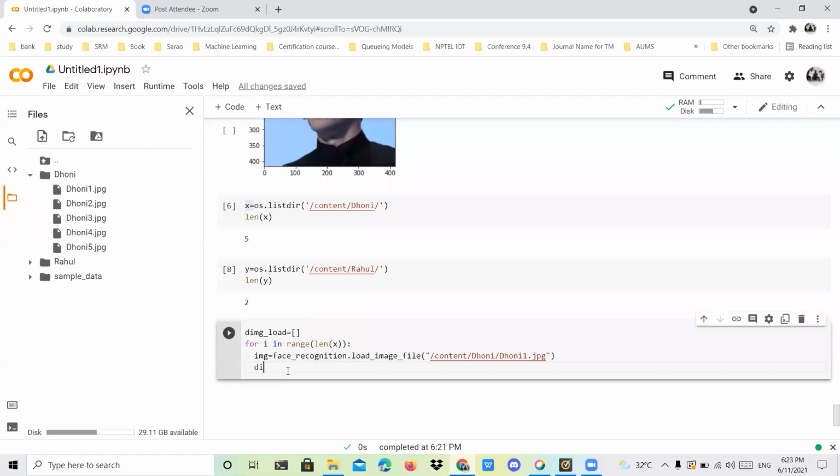I'm going to give image_load.append within brackets, and mention your img, because img only has the first image. After that, it will move on, because I used a for loop here. We don't want to use this syntax n number of times. A single time, I can copy all the images into this new array.